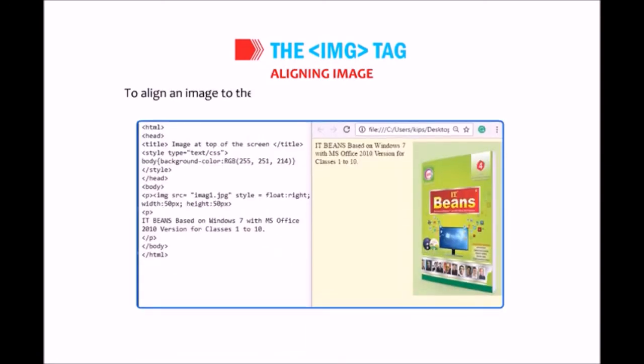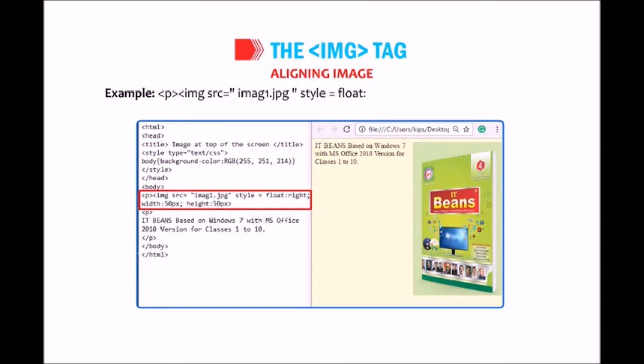Aligning image. To align an image to the right or left of a text, use the CSS property float. For example, p img src equals to image1.jpg style equals to float colon right semicolon width colon 50px semicolon height colon 50px.